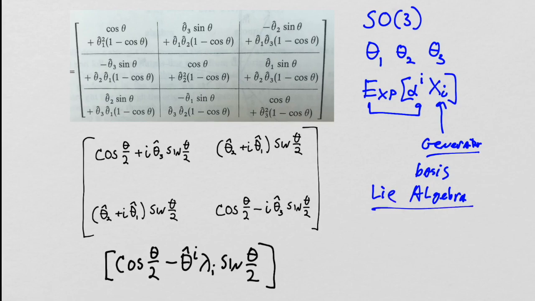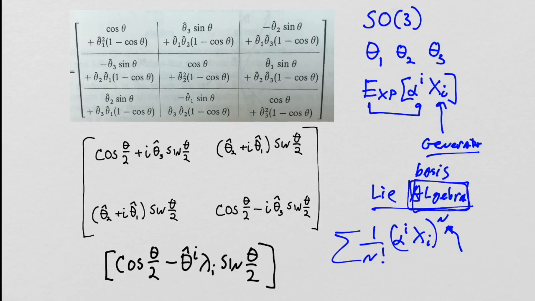And we understand that the Lie algebra, as an algebra, is also a vector space. So we really started understanding a lot. We understand the algebra is a vector space. Here's an arbitrary member of that vector space. We understand how to exponentiate it. The exponential is possible because we understand the power series, right? The sum over 1 over n factorial of alpha I xi to the nth power. The fact that we do this nth power is where we lean on the algebra property, which means we can take two elements of the algebra and find